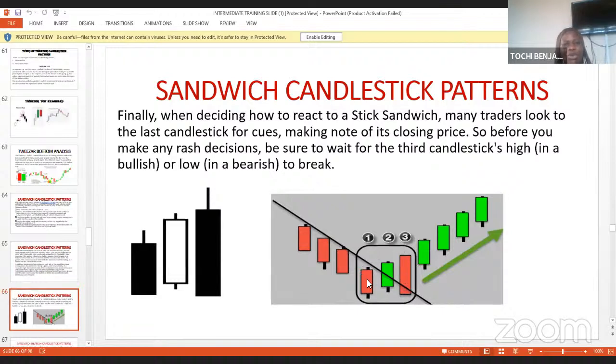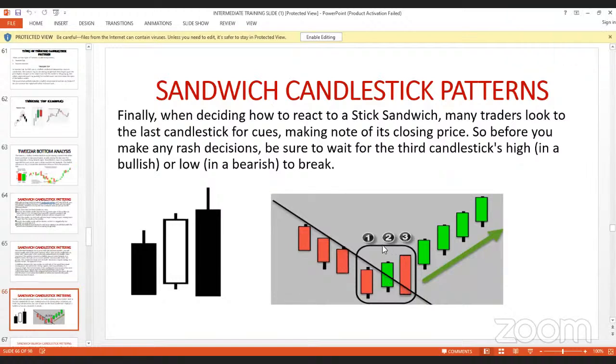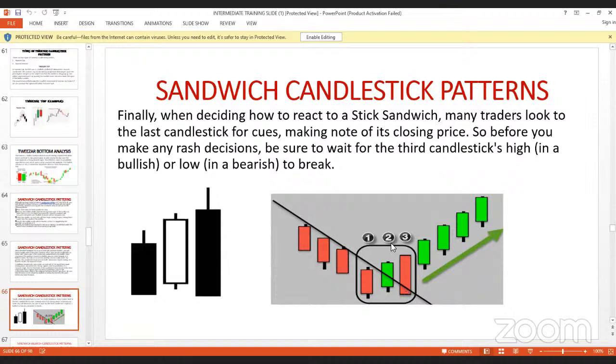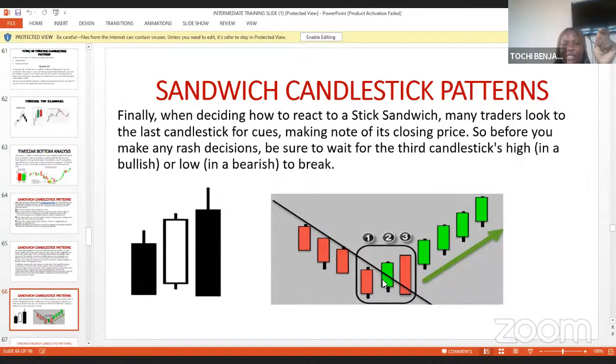If it's happening on daily time frame, that means you have to wait for the first day, second day, third day for it to complete this family. That's the only time you say, I am trading a sandwich pattern. If you are looking at it on H4, that means you have to wait for the first H4, second H4, third H4. If you're waiting for it on 15 minutes, you have to wait for the first 15 minutes, second 15 minutes,